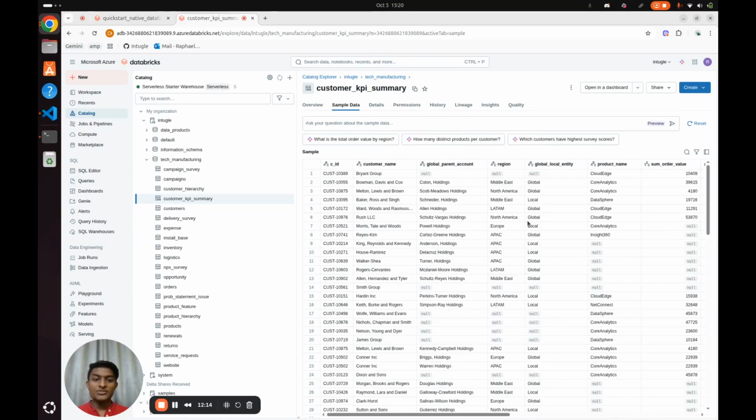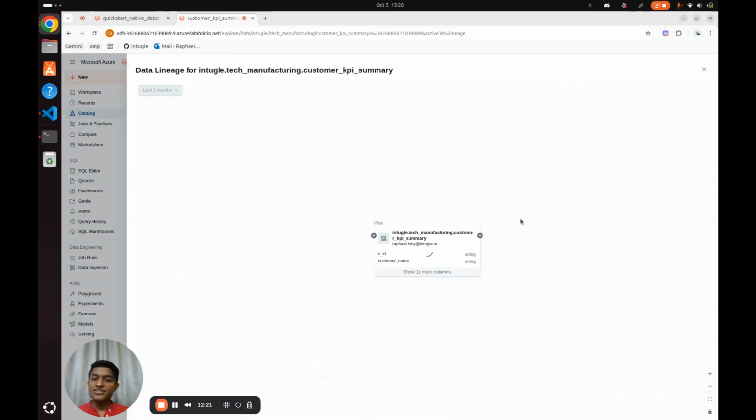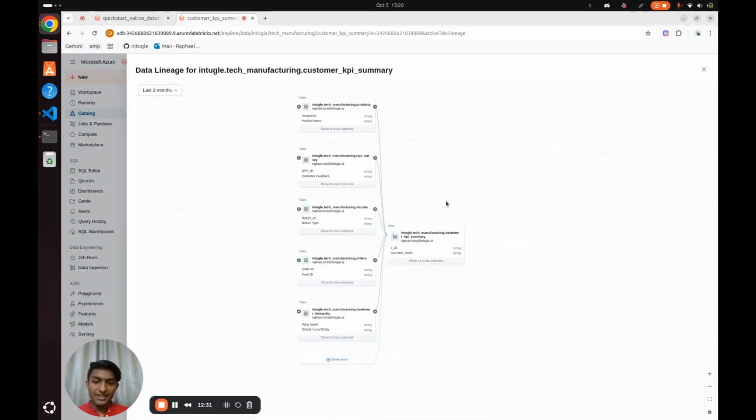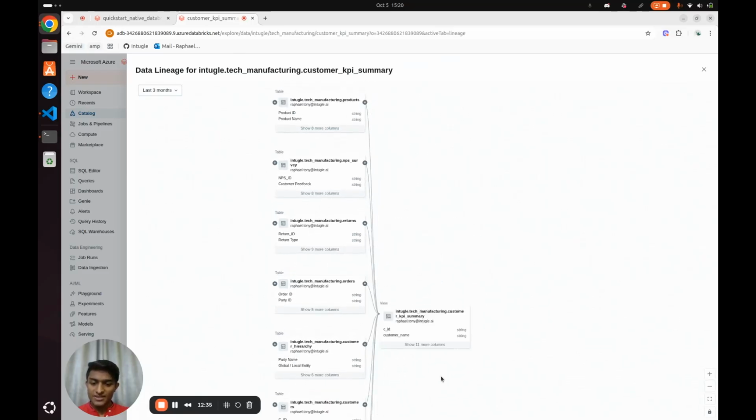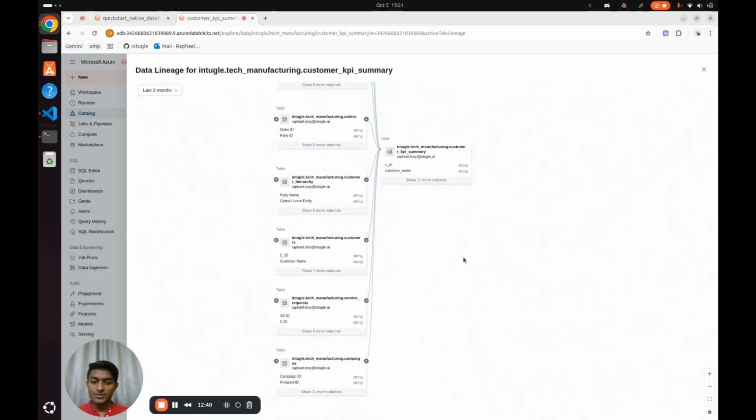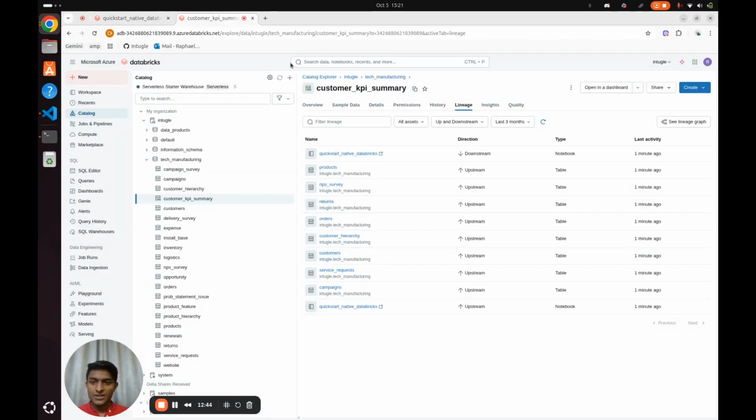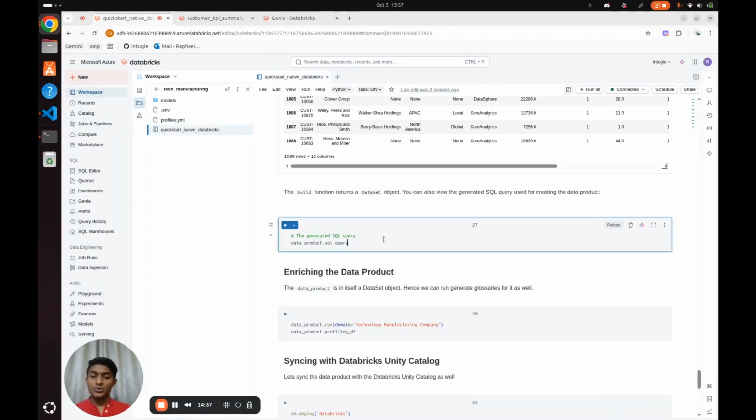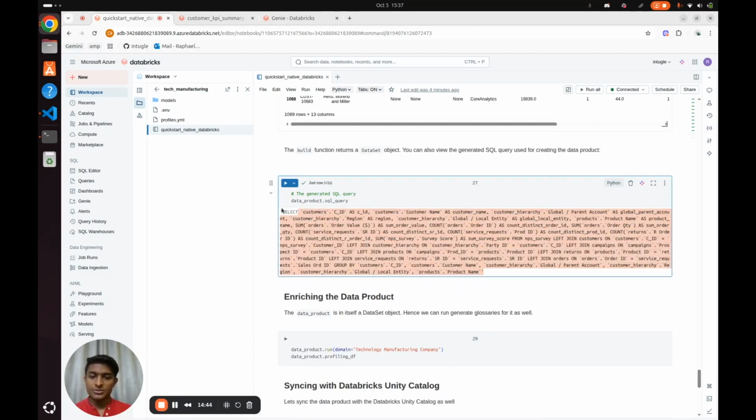That's nice. Now, what's really cool about Databricks is if you switch to the lineage page, you can see the lineage graph, and you can see what tables were used to derive this particular data product. So all of these are the different tables that were used to derive this data product. Pretty cool. Now you can see the query that was associated with the data product as well. So you can use a .sql query, and you can see this was the query that was used to create